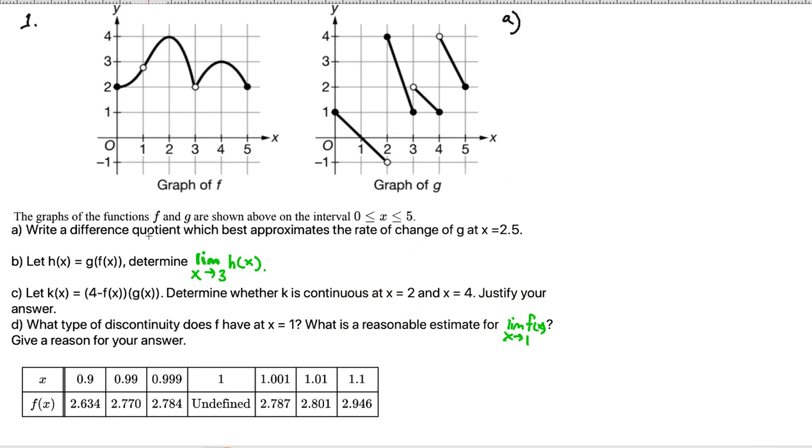For A, it's asking for the difference quotient, which best approximates the rate of change of G. So we have these two things. The difference quotient is essentially the slope of the secant line. So it's going to be a slope between 2 points on this graph. And the rate of change is given by the slope